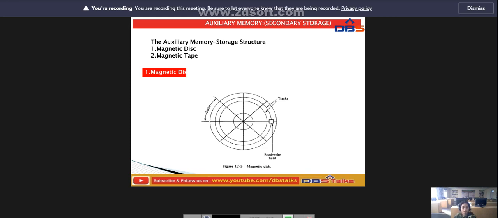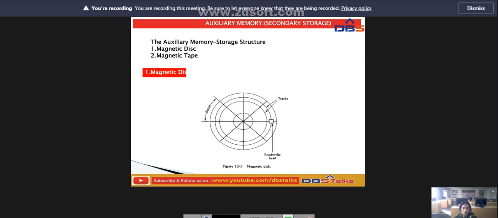If the bits are recorded with equal density, some tracks will contain more recorded bits than others. To make all records in sectors of equal length, some disks use a variable recording density, with higher density on tracks nearer the center than on tracks near the circumference.